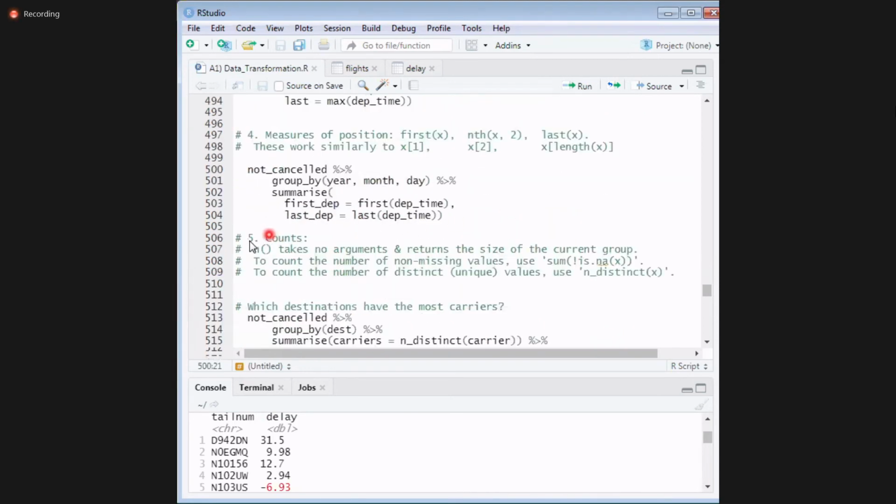And then count, which we have already seen.